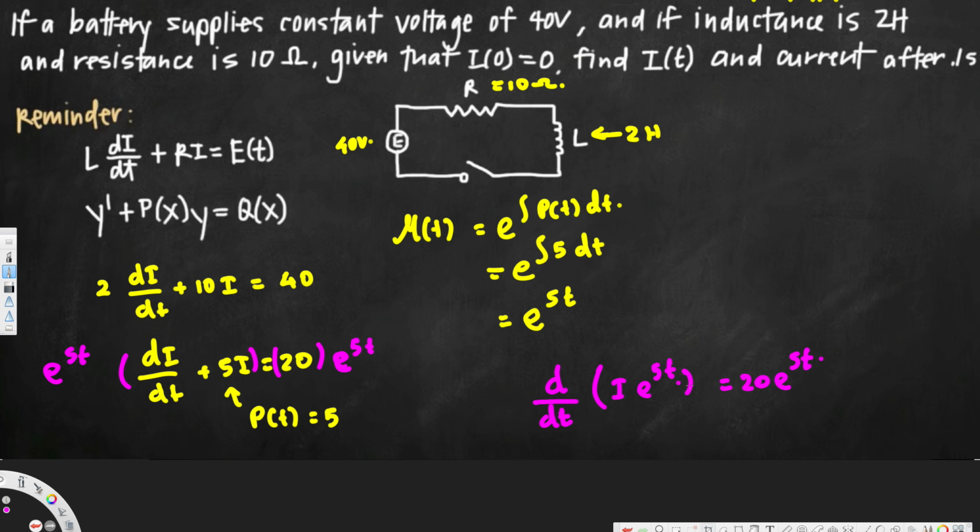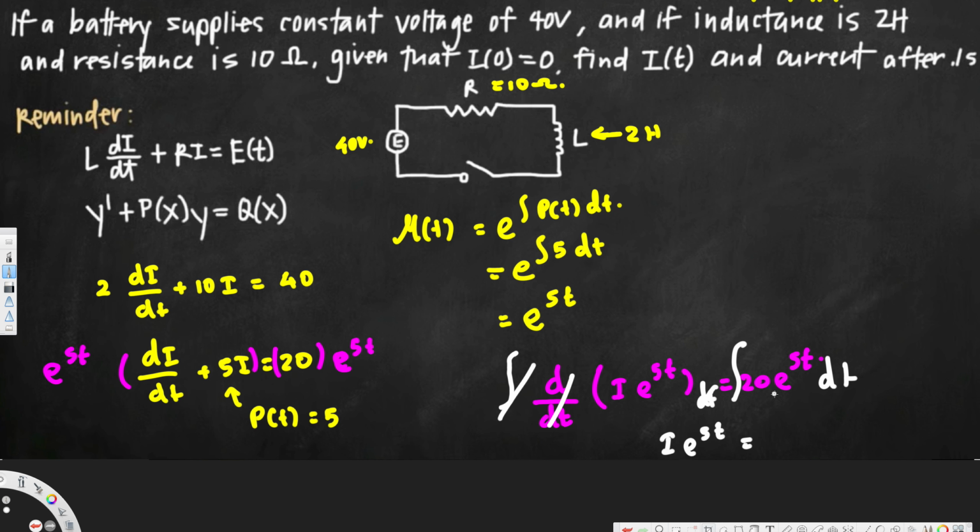Now after we find this one, and we know that this is equal to this one, therefore this must be equal to the other side, and we got the other side. Now we have to integrate both sides of this equation. Now let's do the integration. We are going to integrate this one with respect to t, so this is going to be integration with respect to dt, and if we integrate this side, here we have integration and derivative, they will cancel each other, and we are going to end up with I e power 5t, and on the other side of the equation 20